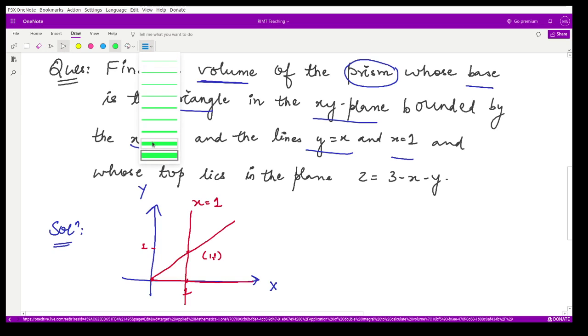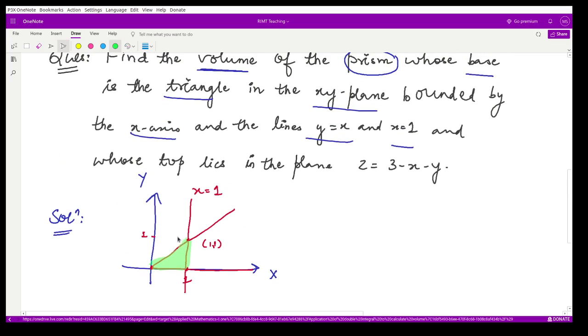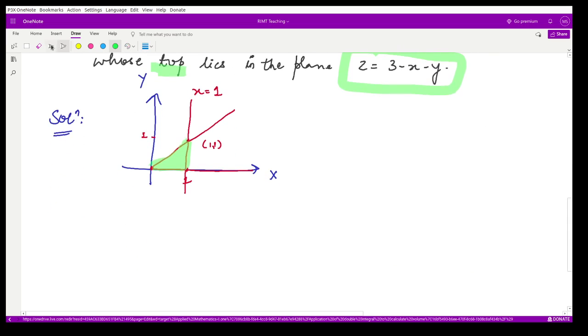So now they are saying we have to calculate the volume. How can we calculate this volume? Whenever this surface from the lower side, it is bounded by this area of this prism, and on the top, from the top, it is bounded by this particular plane, z is equal to 3 minus x minus y. So that means here, suppose this is the z-axis. So in this z-axis, there would be some surface here,